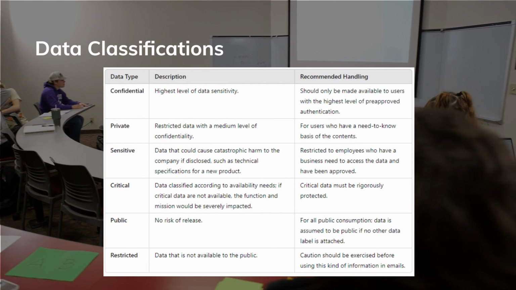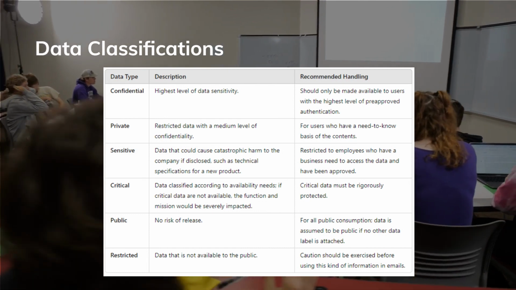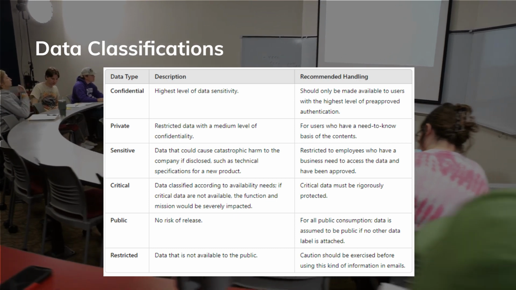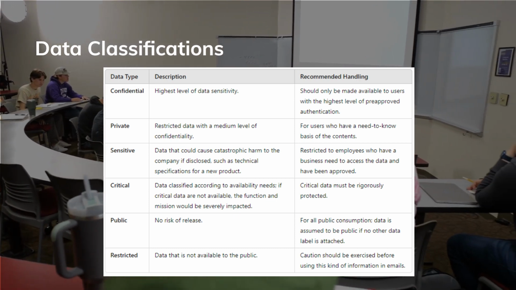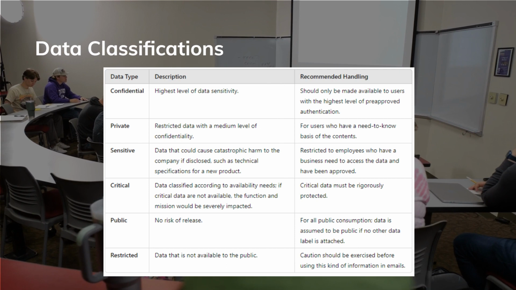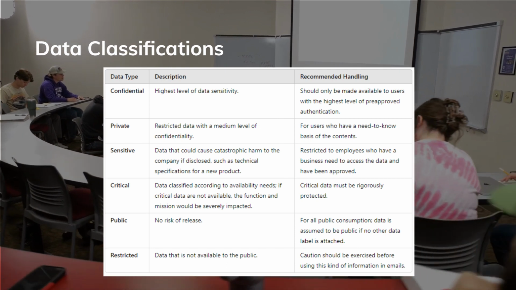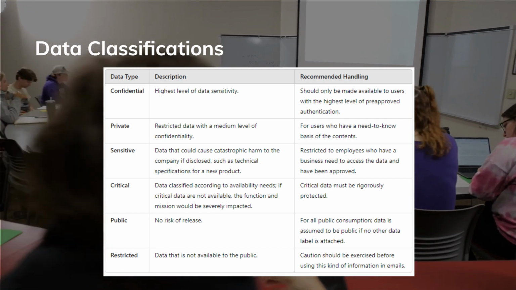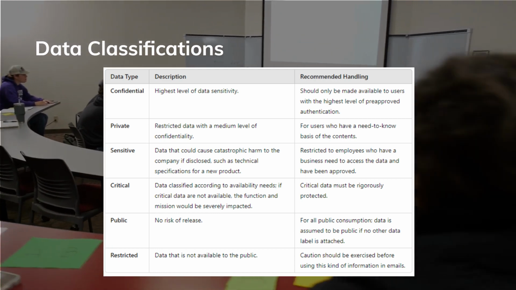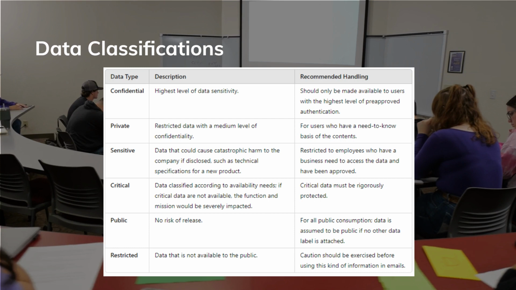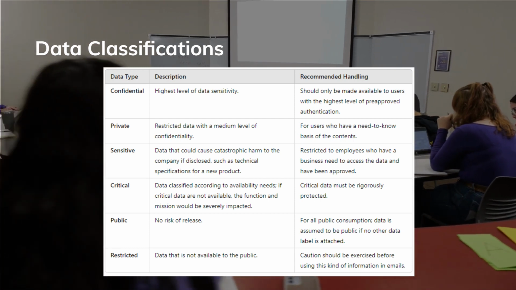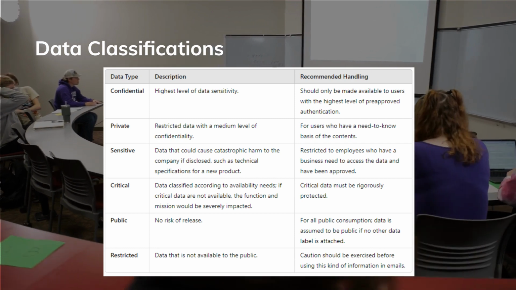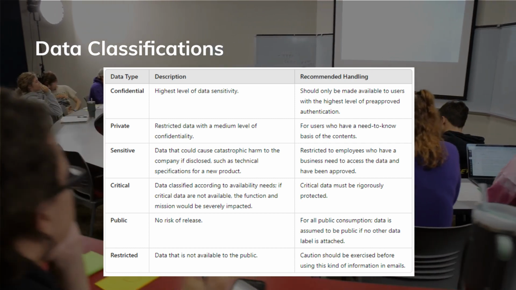Protecting data requires categorizing it by type and applying appropriate handling measures based on its sensitivity and potential impact if compromised. Here is a detailed description of different data types and their recommended handling procedures. Confidential data. Given its high sensitivity, access to confidential data should be strictly controlled. Only individuals with the highest level of authentication, typically involving multiple factors such as passwords, biometric verification, etc., should be